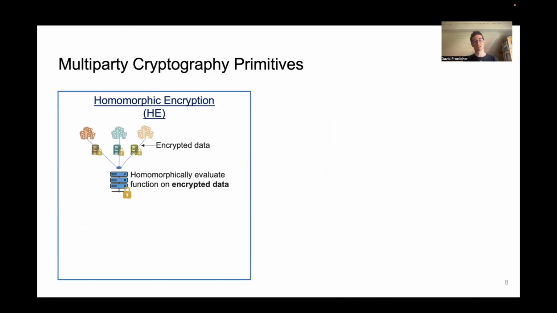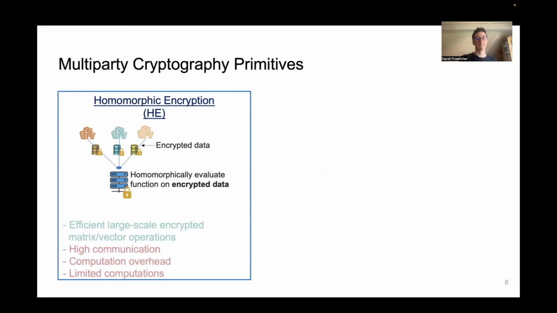There are two main cryptographic primitives that are used for the multi-party, for the federated scenario. The first one is homomorphic encryption, in which the parties encrypt their data and transfer them to a computation party, which then computes directly on the encrypted data without seeing the original data. This can be efficient for large-scale operations, but also comes with a high computation overhead due to the computation directly on encrypted data, and with a high communication overhead because all the data have to be transferred to